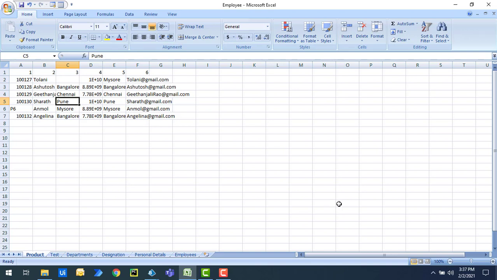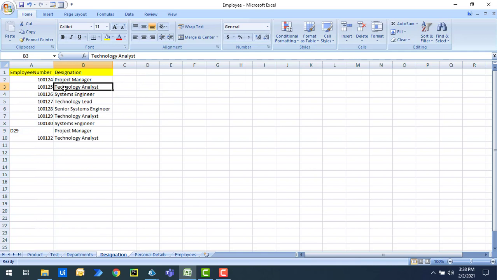First of all, we'll see get active cell. What does that mean? If I select some value, this is nothing but the active cell of the particular worksheet. Now I'm going to the test one and I select that. This is the active cell, that is B3. In the same way, wherever I select a sheet and click on a particular cell, we call it the active cell.